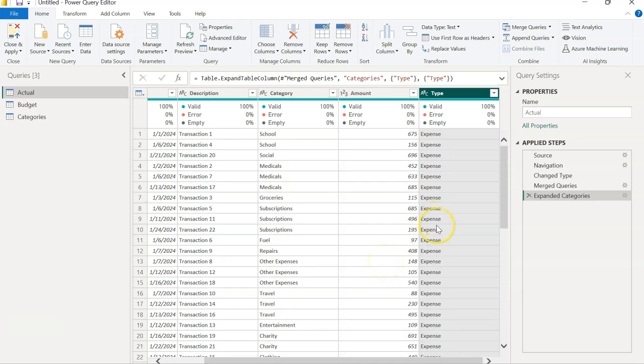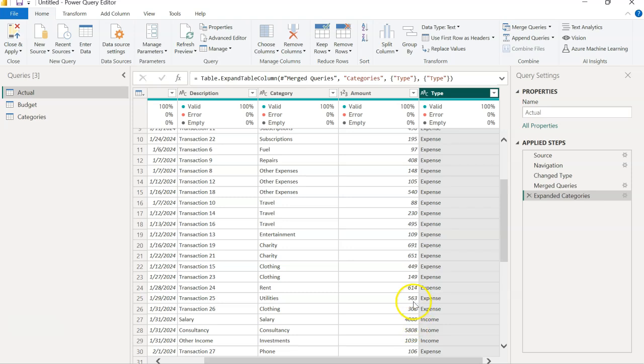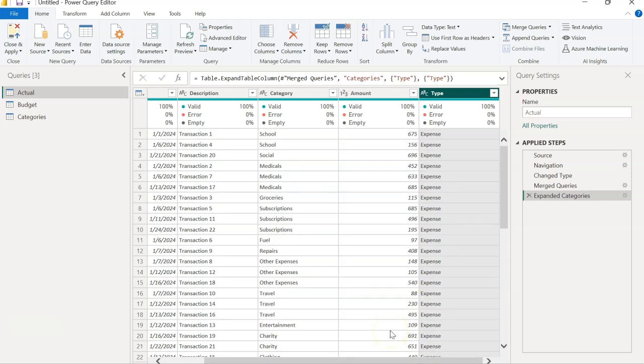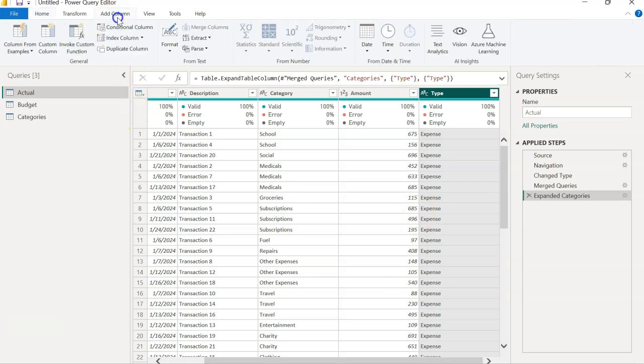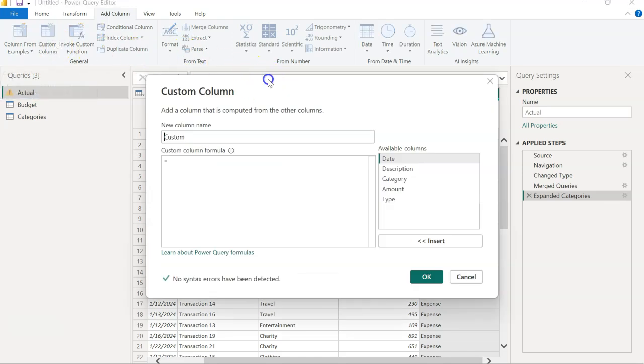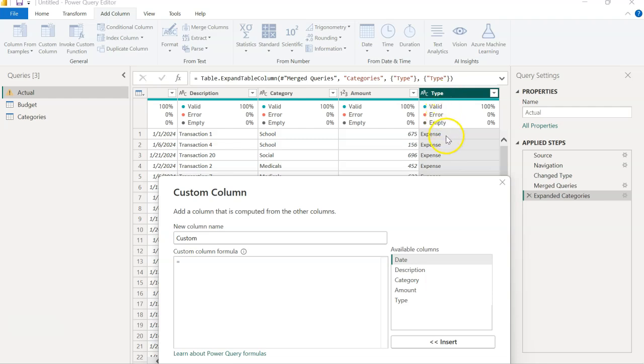Now, based on this, we want to negate all the expenses and then make the income lines positive with a custom formula. It's just a simple logical statement. So we'll go to Add Column, and then we'll create a custom column. Now, that custom column is going to say that if the type is expense, then negate the amount column, otherwise return the original value. So to do that, we'll do if, square bracket, the type that you have here, is equal to expense,